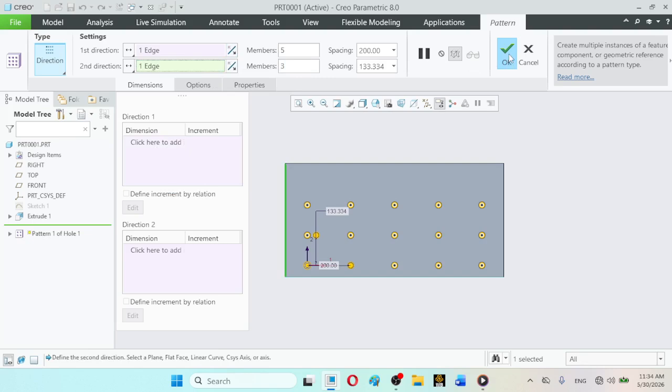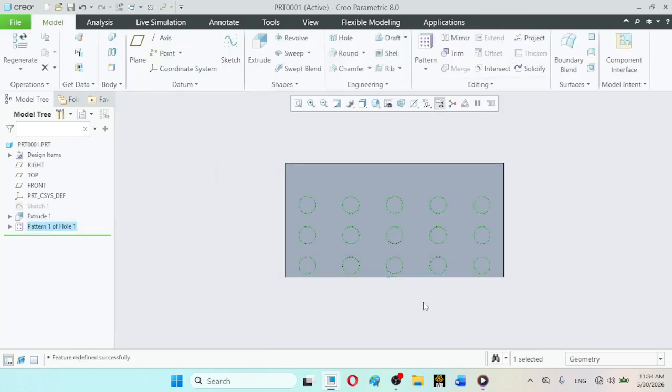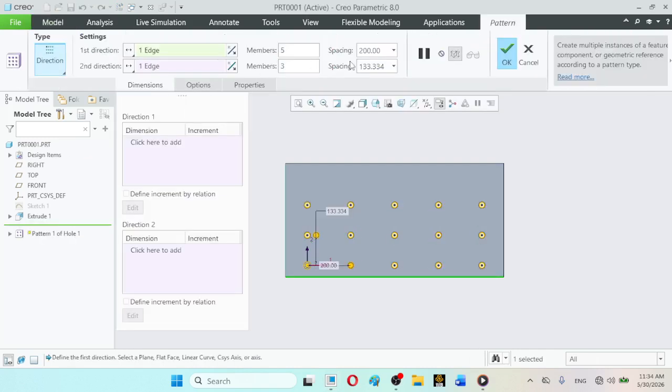Just click on OK. Sorry, there were 2 separations, so 400 divided by 2 gave us 200, like this.